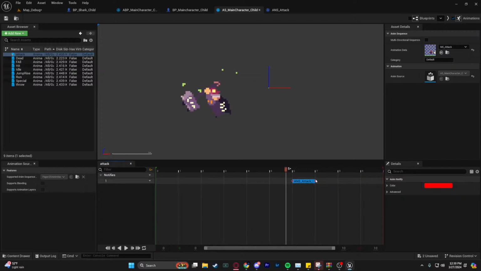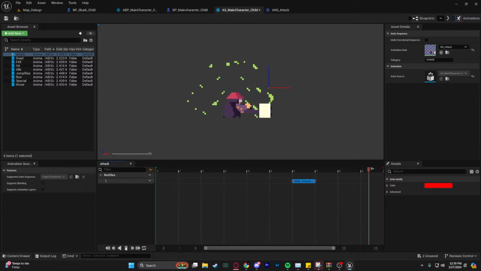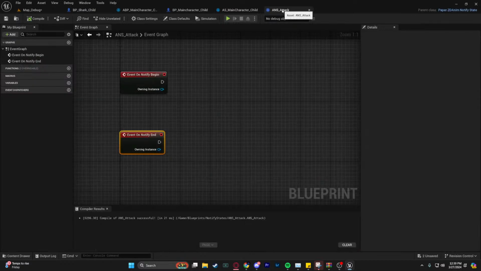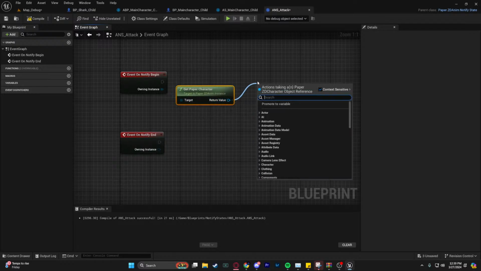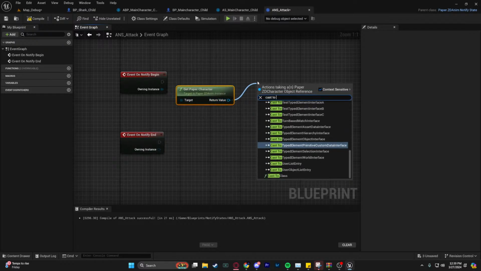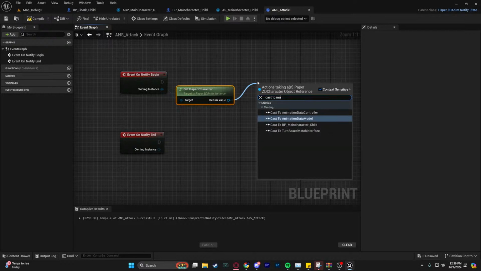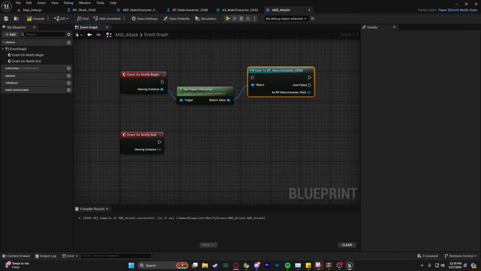But yeah, this is a very versatile system that is going to work in all of your games. And this is why I'm showing you this, right? So we have it set up here, start, end. So here we want to get the owning instance, which is the animation instance of Paper ZD. And we can drag off here and get Paper Character and make sure it's the top one, the function. And here we want to cast to BP Action Character, because we want to be able to use this on our enemy and also on our player. And then we can simply call the set hitbox collision, which we create